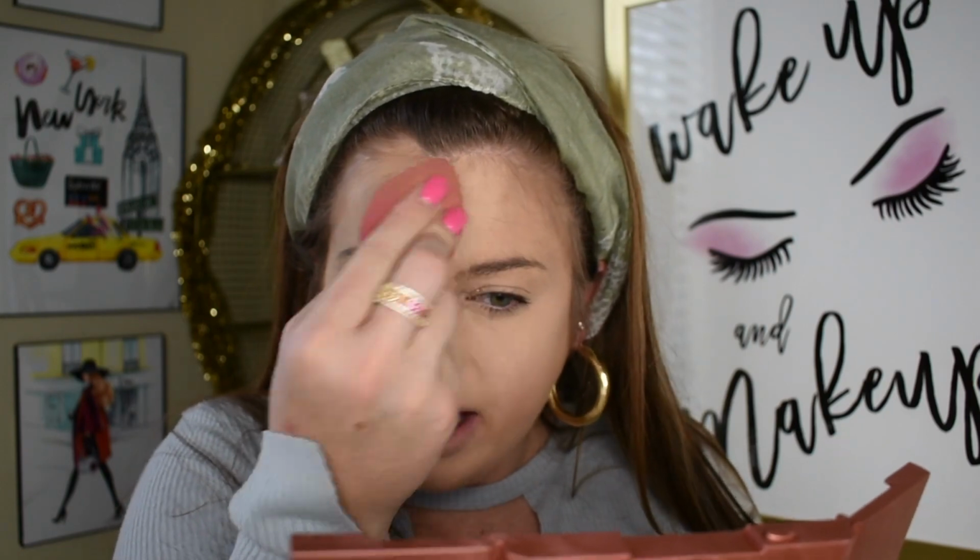And so I'm just going to set all that concealer and then also go around and touch up the foundation with whatever's left on my sponge. I'm going to go ahead and go off camera and do my brows. I'm going to go ahead and fix this whole situation before we start on the eyes, and I'll be right back. Okay, so I just filled in my brows, and now we're going to go ahead and do the eyes,